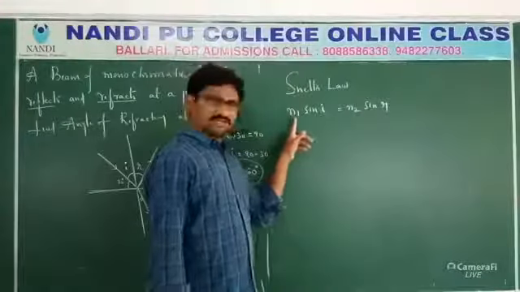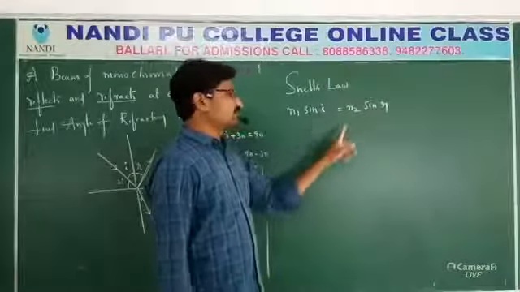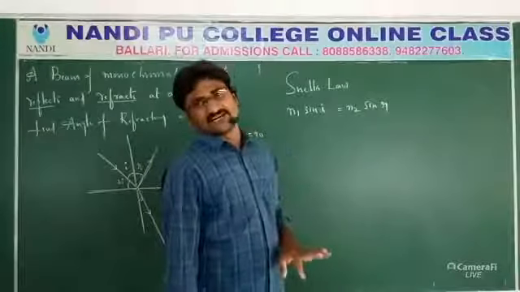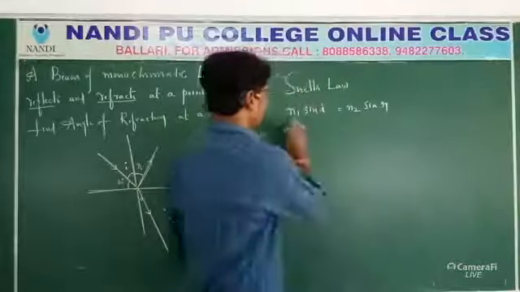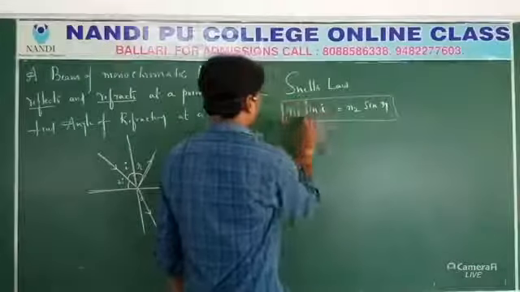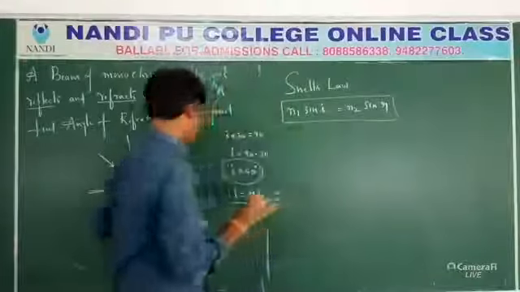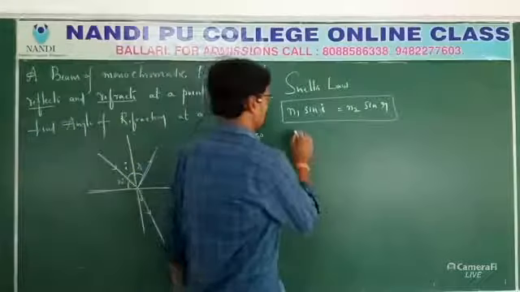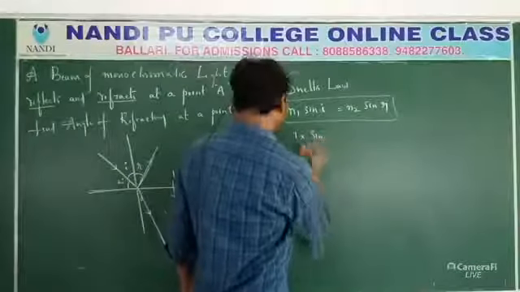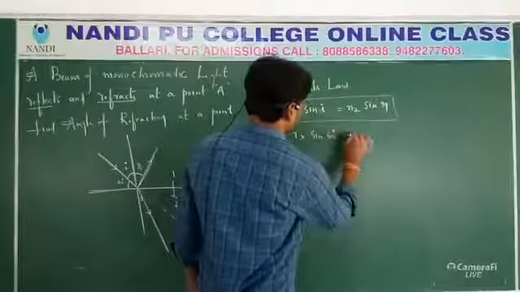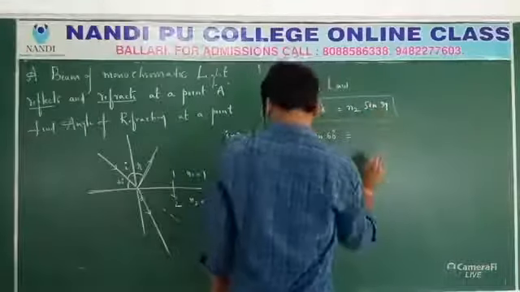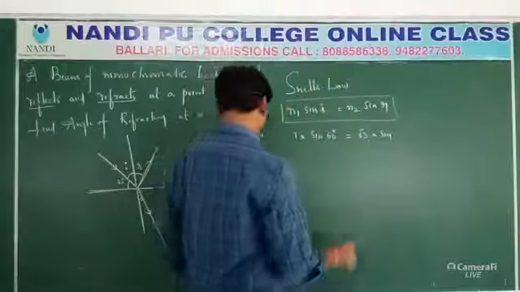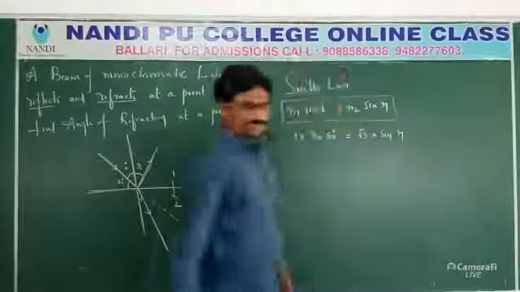So according to that, sin I by sin R is N2 by N1, the refractive index of the second medium with respect to the first medium. This is the idea, so N1 sin I is equal to N2 sin R. N1 is how much? From the first medium it goes into the second medium. These values are given. So N1 is 1 into sine of I, and I is 60 degrees. That is equal to N2, which is also given, root 3, into sine of R. R value is not given. We have to find that only.